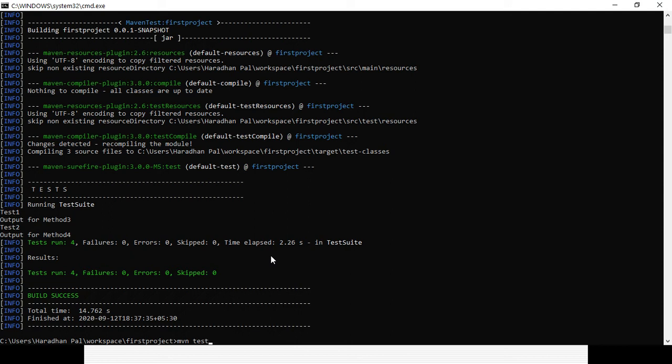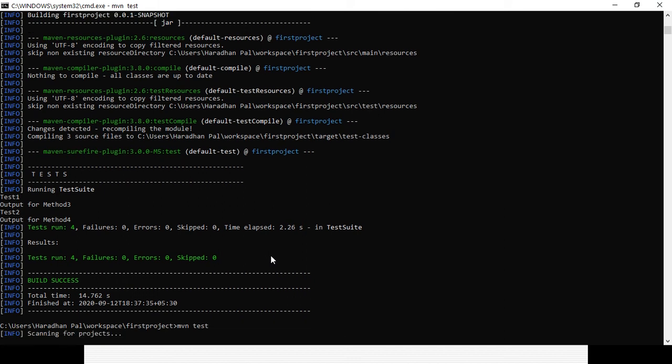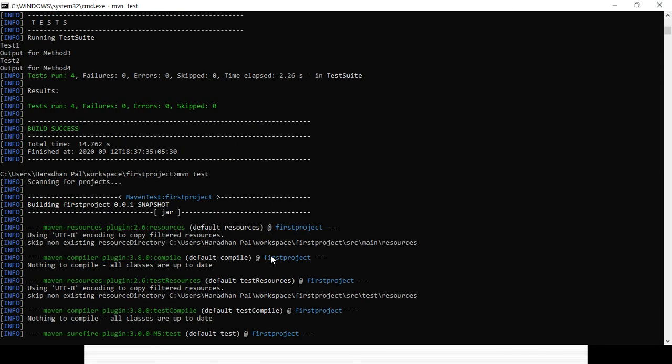But obviously Maven clean will first clean the build, and in case any error is there, you can run Maven compile. Even if you run Maven test directly, it will run the first two commands, clean and compile, and then execute the test cases. Then it will execute the classes and all the methods available in them.